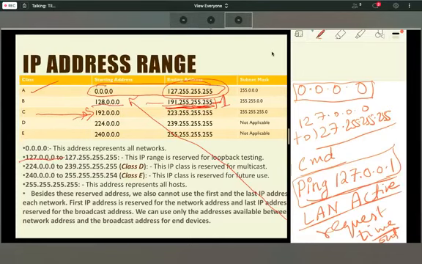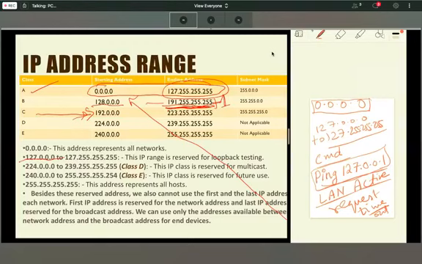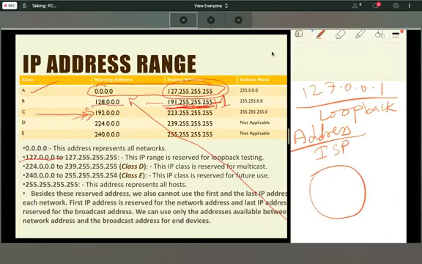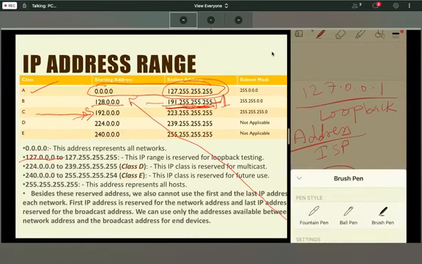And the second use of 127.0.0.1, it is also known as the loopback address. It is mainly used by ISPs. Loop means if you are starting from this position and going around, you will reach the same position.